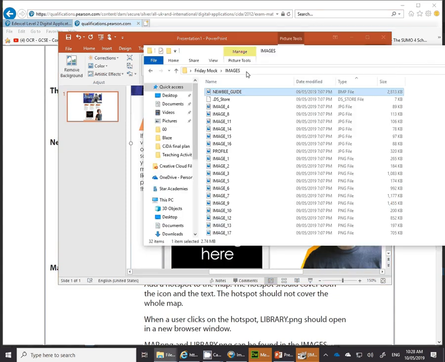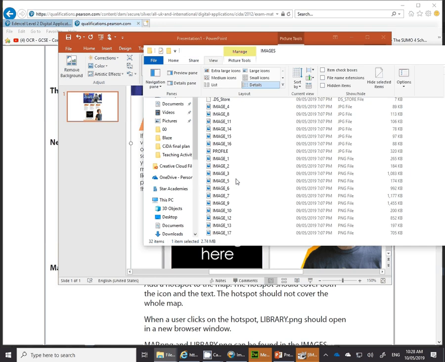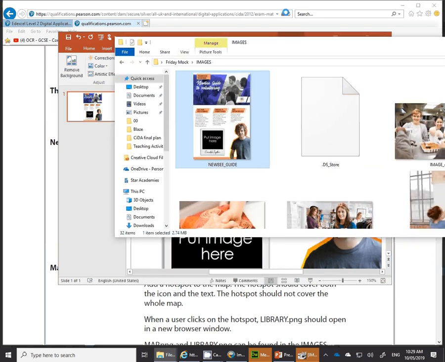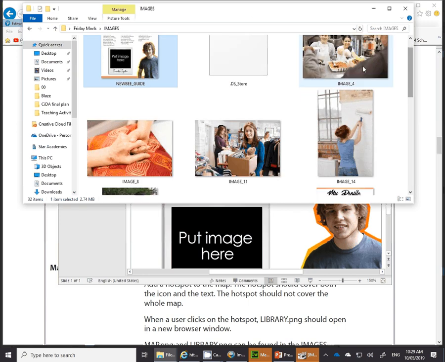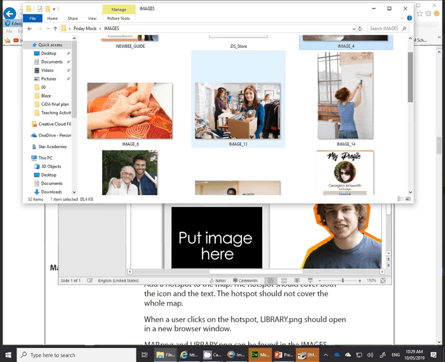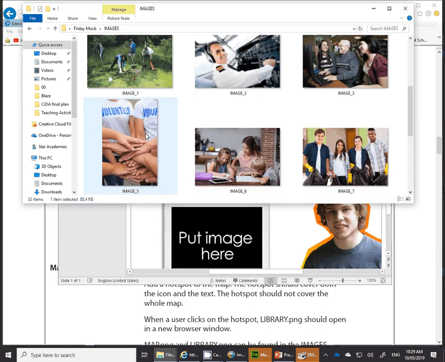If we go and have a look at our images, there may very well be a picture that's just perfect for this. A picture where people look happy in something that they're doing. You know, maybe these volunteers here in a kitchen, or maybe these people here with volunteer tops on, or with their hands in. That might be a perfect image. Okay, have a look and choose one that's appropriate to the context of the picture. So I'm going to drag this in as well,